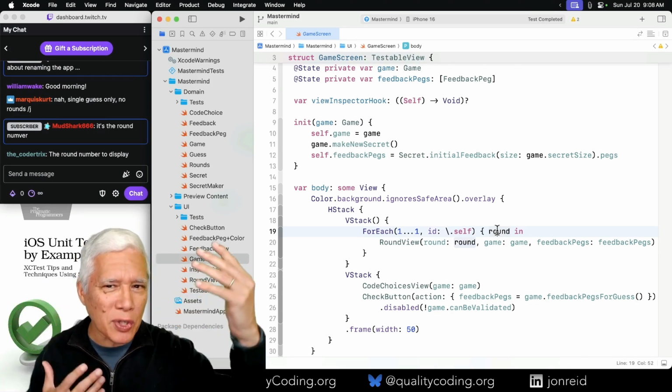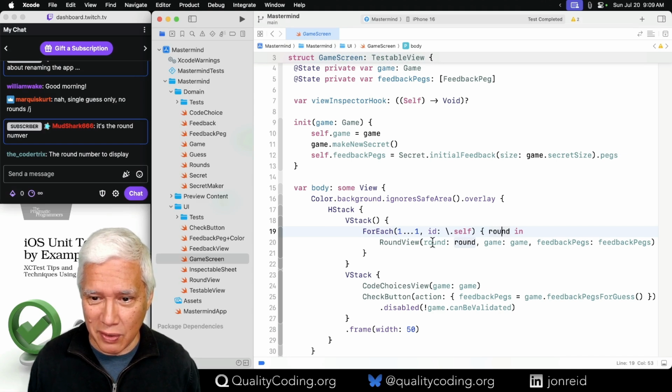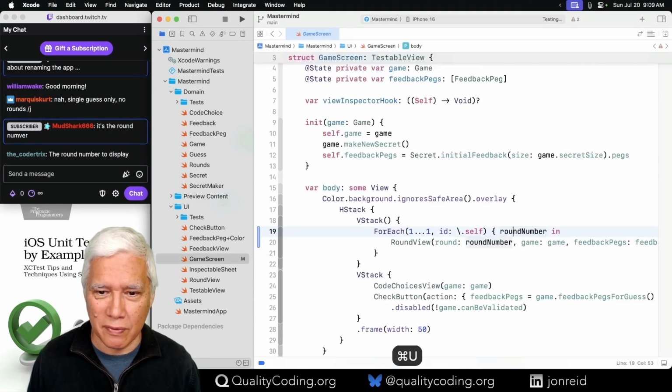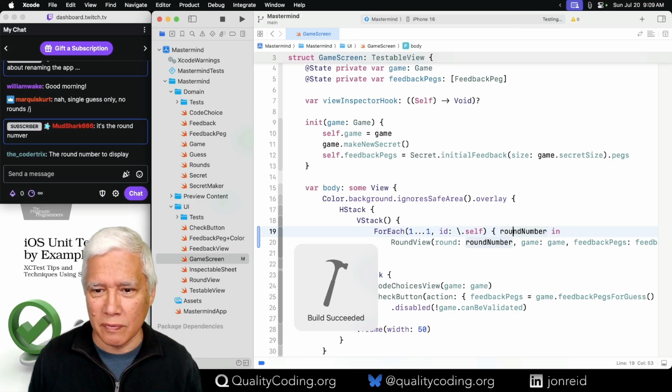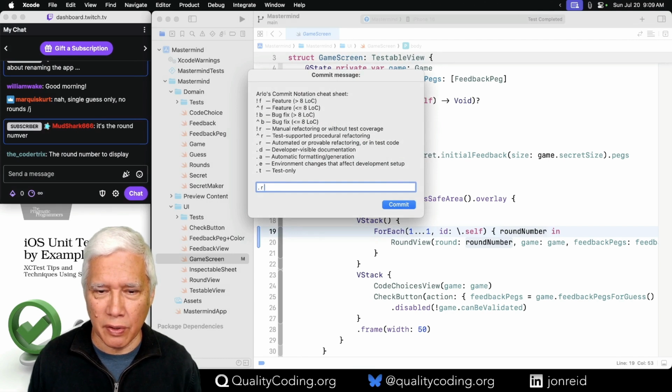We've got some clashing terms here, and I don't feel a great need to do the Mikado method yet until we get tangled. So just to be clear, this should be the round number. So let's change it out here. Automated refactoring. Good enough.